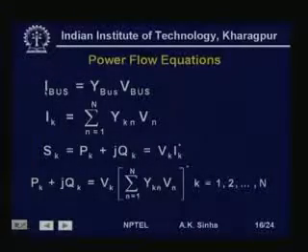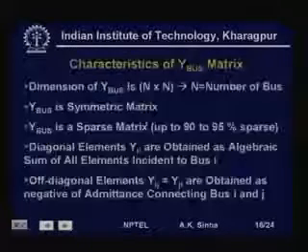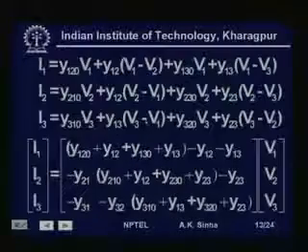So, again we will go back to our basic equation. I bus is equal to Y bus into V bus, and if we take any particular bus injection, then I k will be equal to summation y k n into V n. That is, if we go back and see here, then